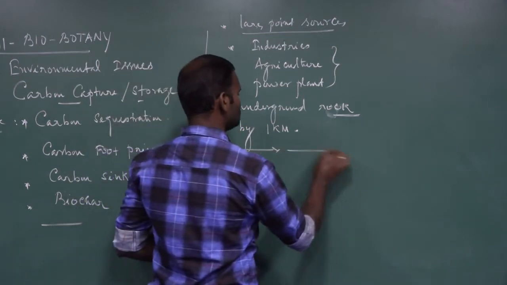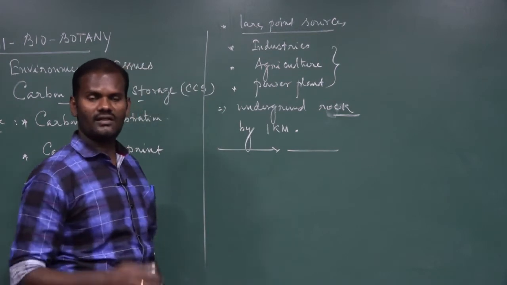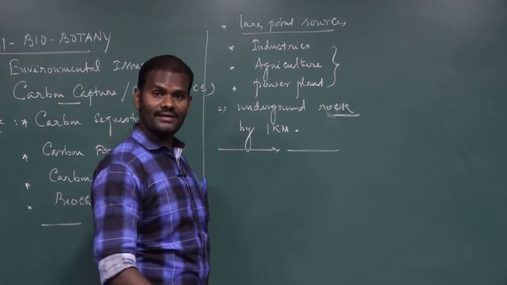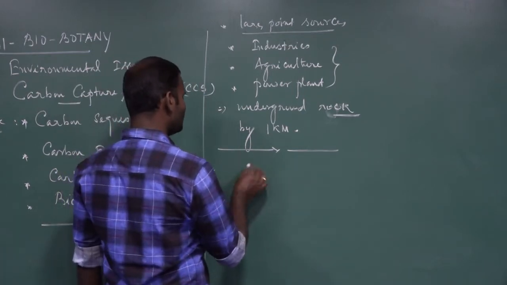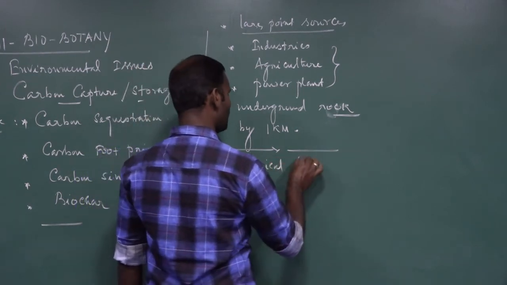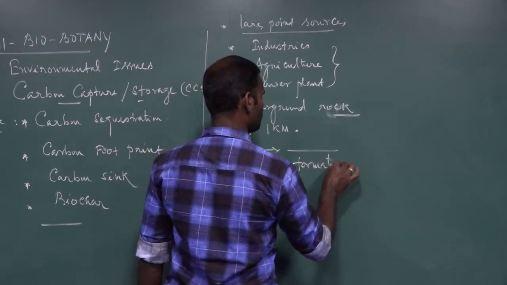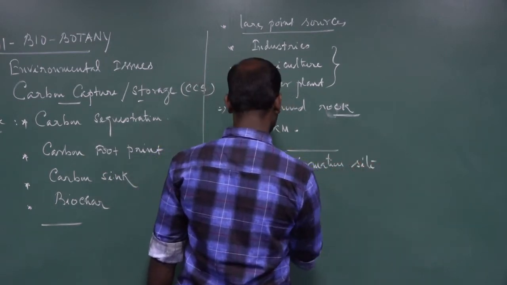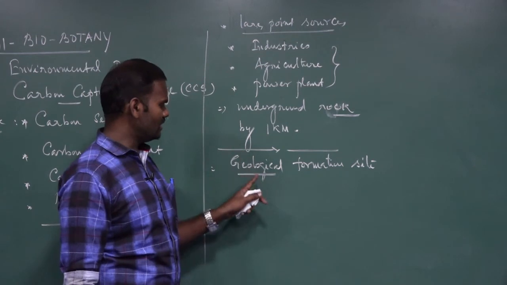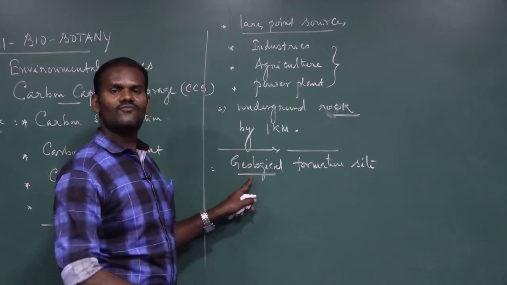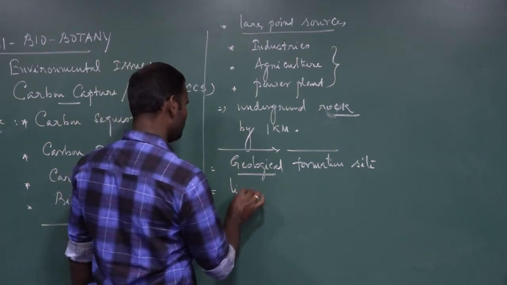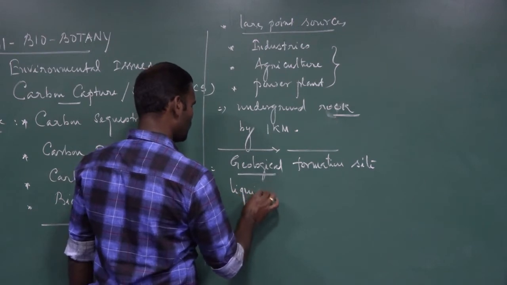So which are the safest places that have been selected? Various safe places have been selected for the permanent storage of carbon dioxide underground, especially the deep geological formation sites. Geological formation is nothing but the process of formation of rock under the soil. These are called geological formation sites. These are the safest places for underground storage of carbon dioxide, in the deepest places. It can be stored in the form of liquid, so liquid storage